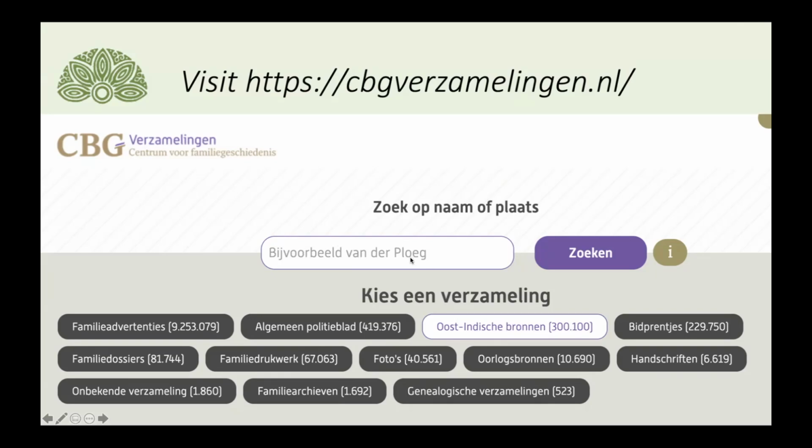These days there are also the passport requests, because after the independence of Indonesia in the 50s, the people with a European nationality, most of them Dutch, had to choose either to become Indonesian or leave the country.